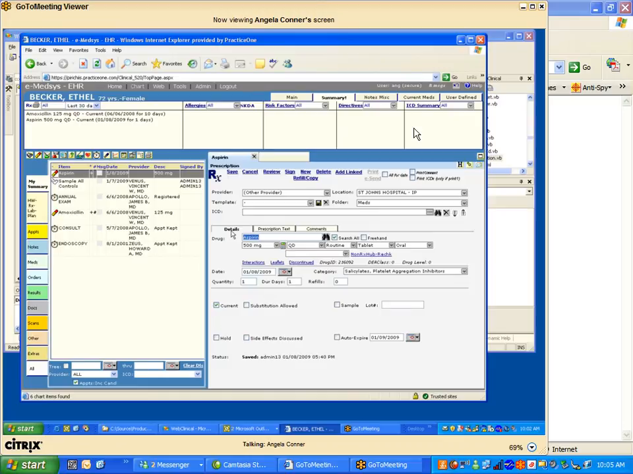Okay. So you still can prescribe, no different than if you're an in-house pharmacy or a full pharmacy. So we still have interaction checking and all that stuff. There's just some internal code